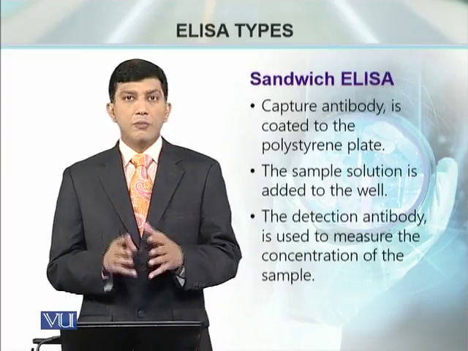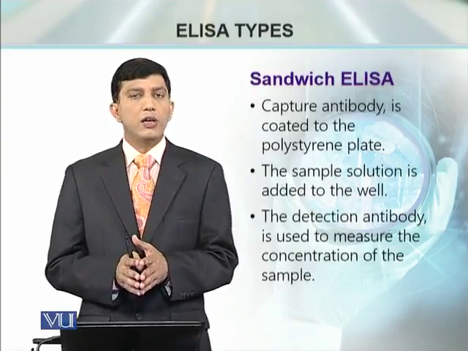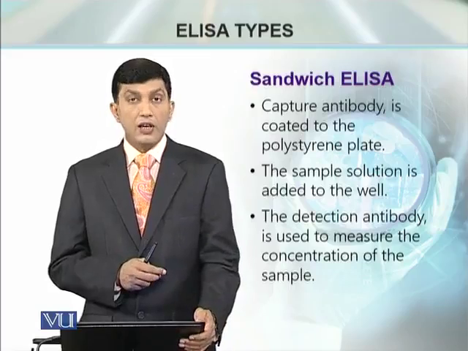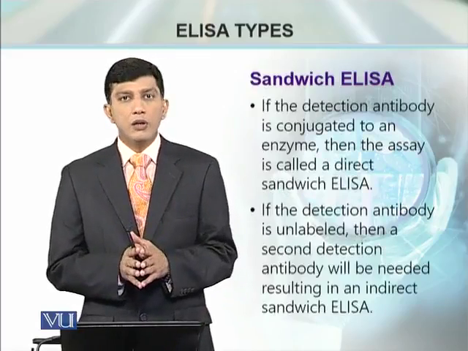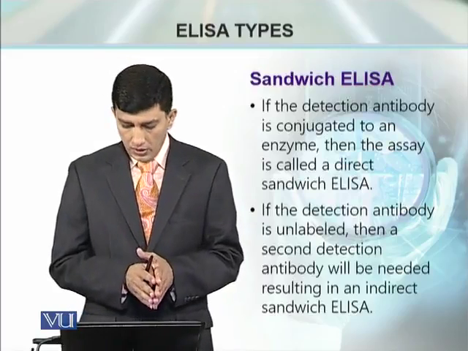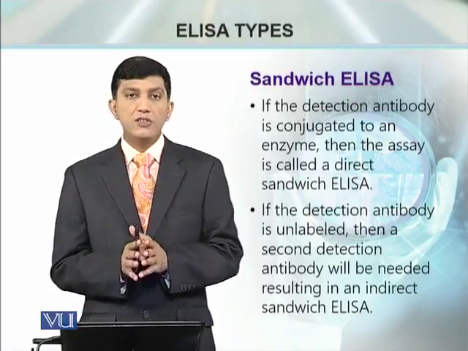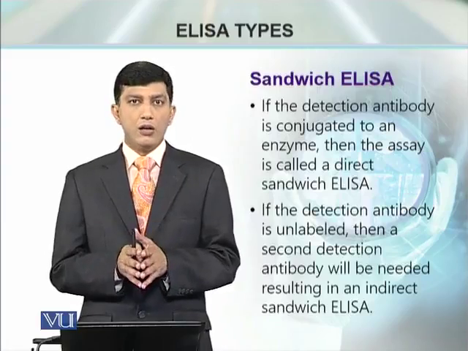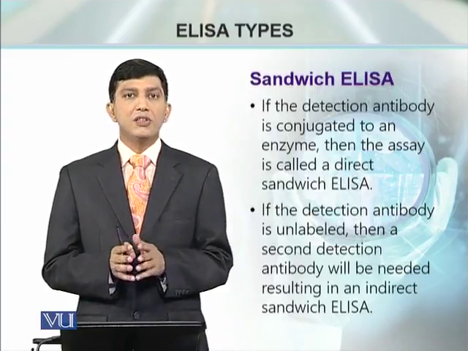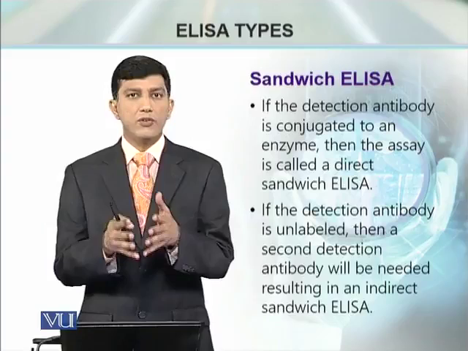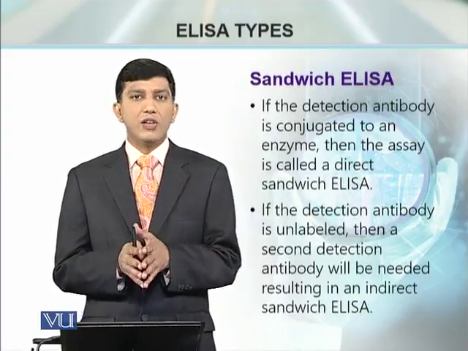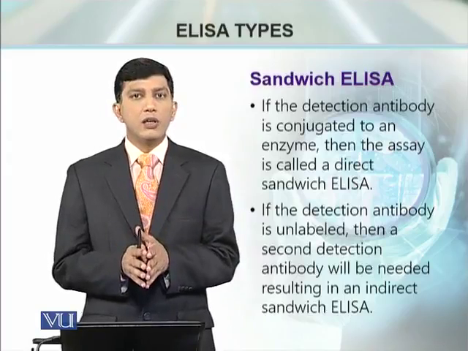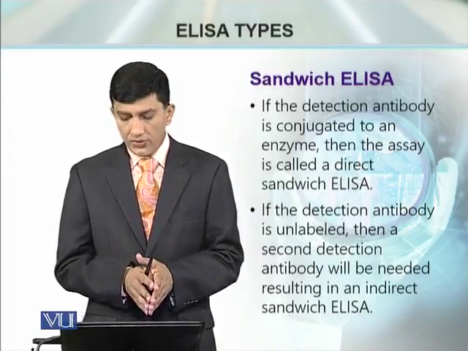Then on the basis of the method of detection, if we are going to use the detection antibody that is coupled with an enzyme, this sandwich method can be direct sandwich ELISA, or if we are going to use an additional antibody, that is a secondary antibody which is coupled with an enzyme, that is going to be referred to as